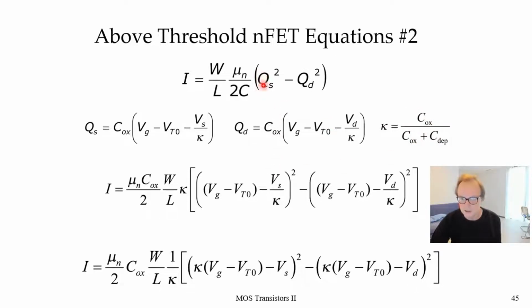So we just substitute this Qs and Qd into the equation here, and we find the complete above threshold equation. It's a complicated equation, but if you rewrite it to bring the kappa outside, you get this expression down here. It's mu Cox W over L over 2. Then there's a 1 over kappa in front, and a kappa here, which cancels. You see it's Vg minus Vt0 minus Vs, so it's still kappa Vg minus Vs squared. And if we simplify that whole equation by making Vs equal to 0, then we get the equation that we showed you there for above threshold,